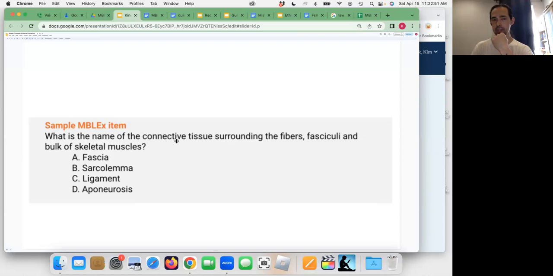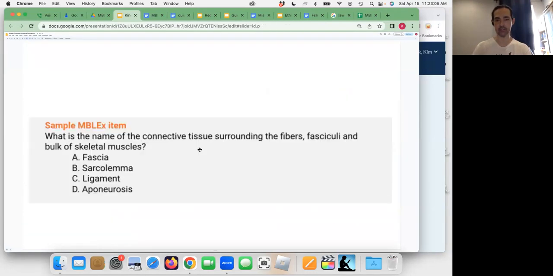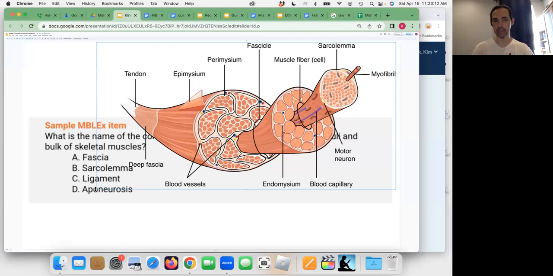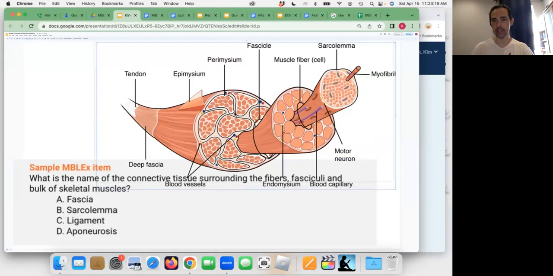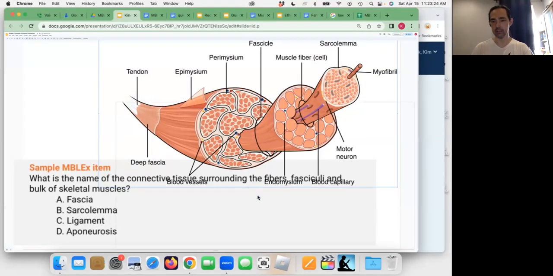So what is the name of the connective tissue surrounding the fibers, fasciculi, and bulk of skeletal muscle? Is it fascia, sarcolemma, ligament, or aponeurosis? So if we look at the drawing of the muscle cell that we're familiar with, what we see is, how do I make this smaller? Okay. What we see is that on the outside of the muscle, there's a